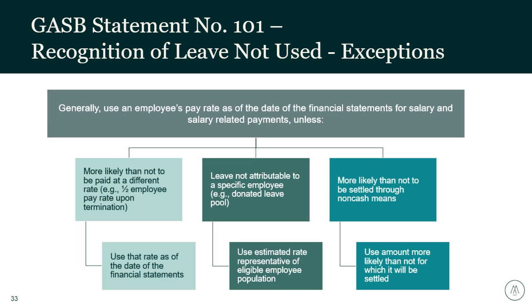Certain salary-related payments that are directly and incrementally related with payments for leave also should be included in the measurement of liabilities. So think of your employer share of taxes, required contributions to certain retirement plans. So this really expands the scope of this. It's not just your direct compensation. It's going to be all the indirect items that are potentially related to those salary-related payments.